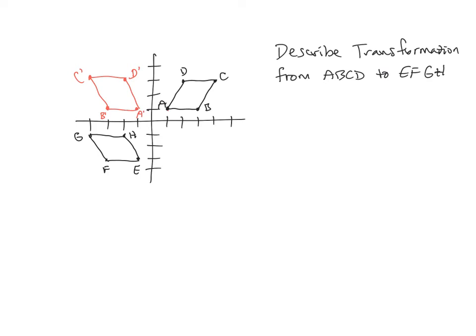And then what I also notice is that if I just slide this down, the A matches with the E, the B matches with the F, the C matches with the G, and that's what I want. So I did a reflection over the y-axis, and then if I slide it down, 1, 2, 3, 4 spaces. So if I do a translation,